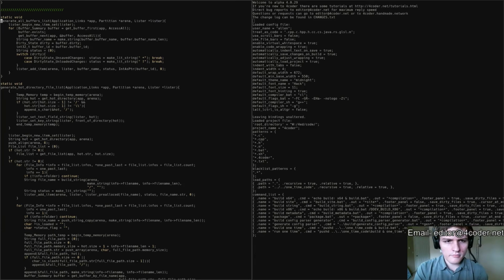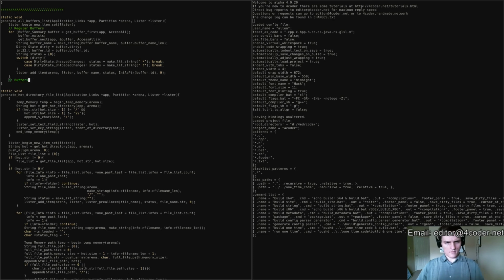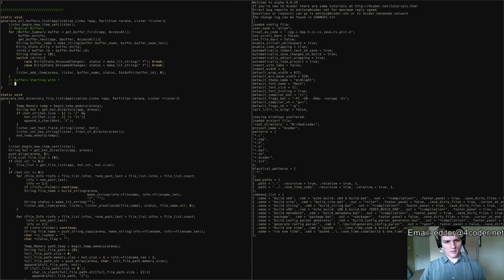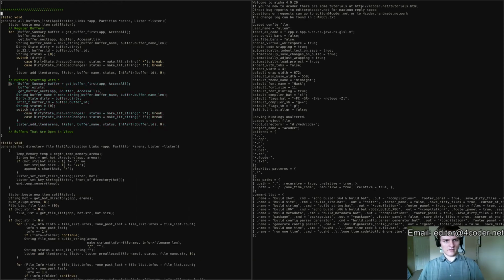Alright, so this is just iterating the entire list of buffers and putting them all out. But what we really want to do is a couple of phases. There's regular buffers, buffers starting with star, buffers that are open in views. Alright, so to do this one, what we have to do is just copy this again. It's kind of looking like